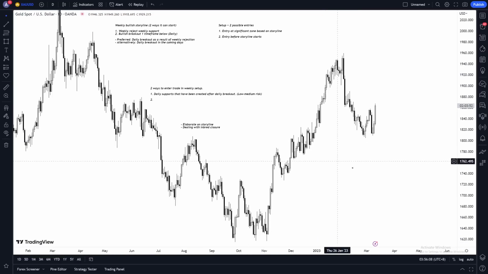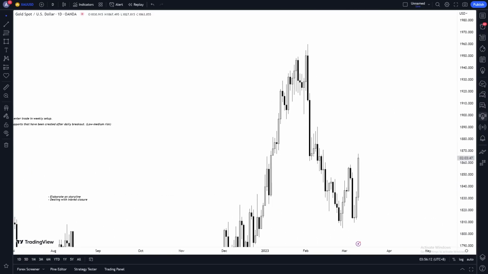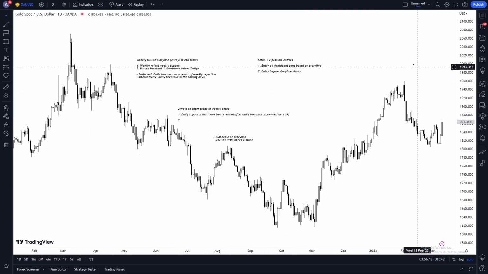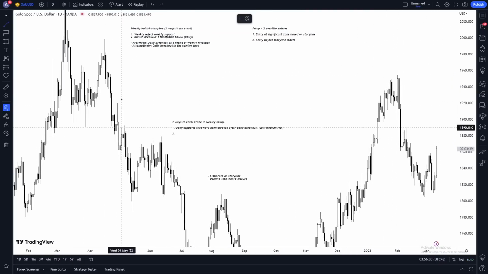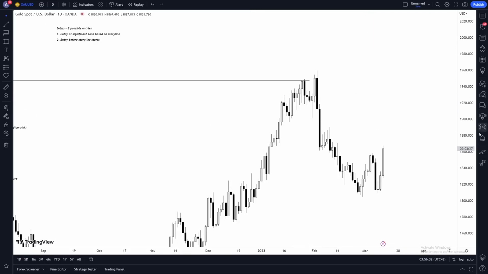So again, I don't know if I can find you guys an example right now. I really don't know whether I can or not, but let's see if we can. Let's just see if there's any example I could show you guys right now. It's kind of rare to find those, so I'm not really sure. I'm just trying to show you guys exactly what I'm talking about. Okay, maybe this one may give us something. See this open close with an engulfing, so weekly reject weekly. Let's see what happens on the daily.